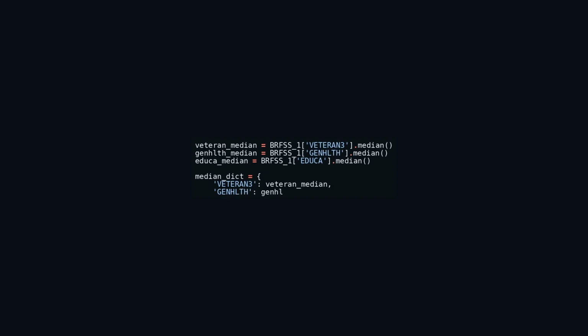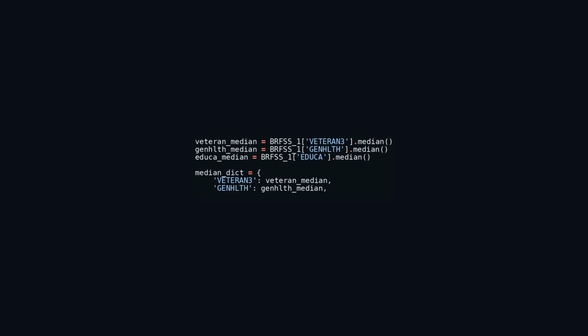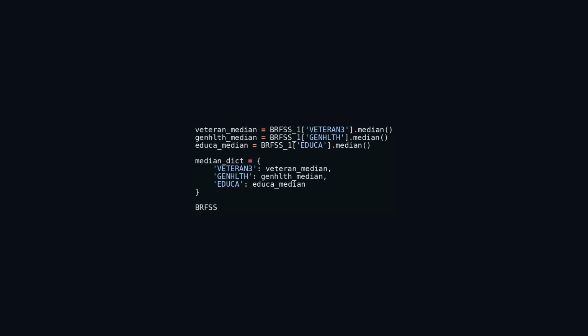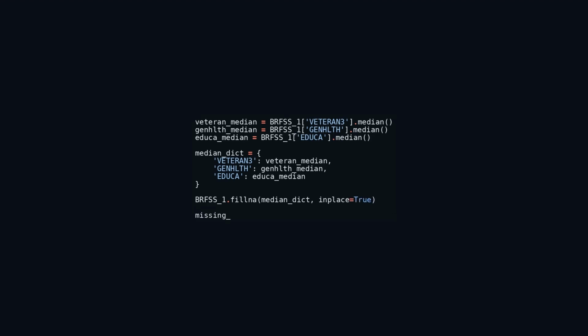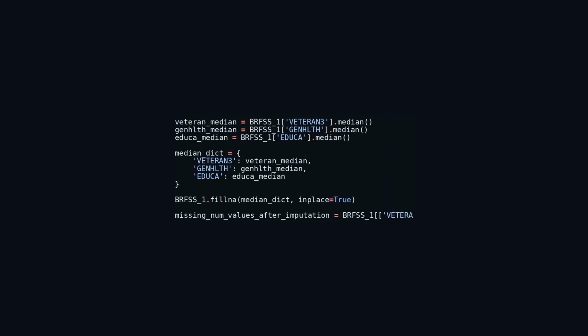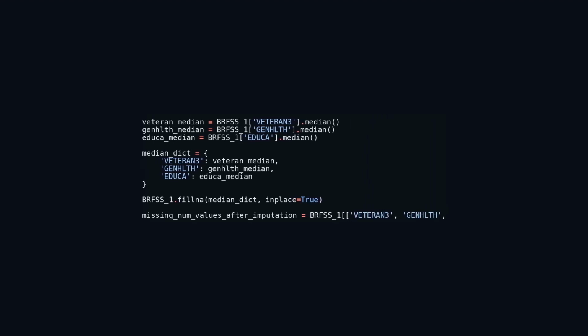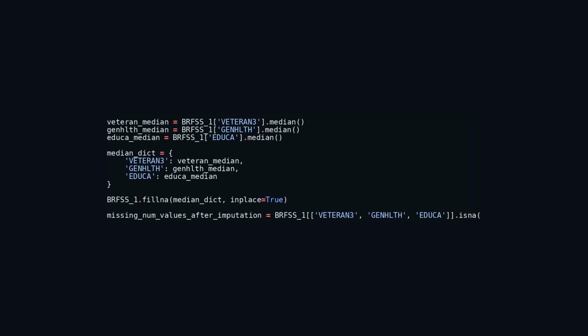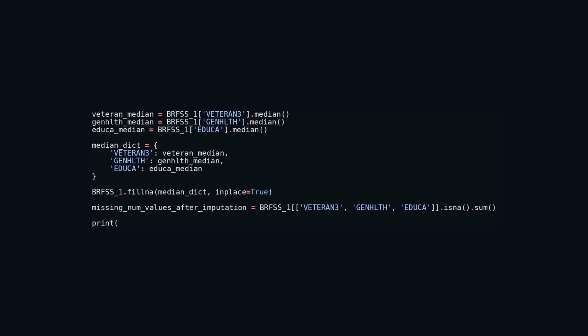Subsequently, the fillna function is invoked on the data frame birthstone to swap out missing values in the indicated columns with the respective median figures. By setting inplace=True, the adjustments are applied directly to birthstone. Following the data imputation, the code determines the count of missing values in the columns vector entries, genmulf, and idua, storing this information in missing_number_list_after_imputation. Lastly, it displays the missing_number_list_after_imputation, offering insight into the number of missing values that were substituted